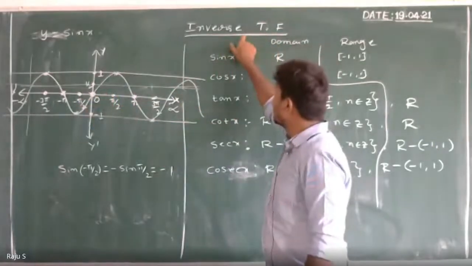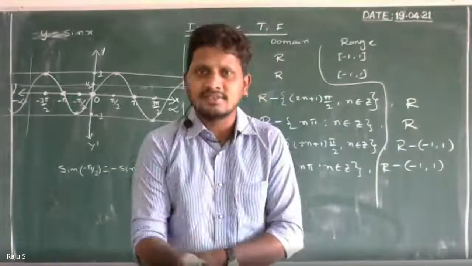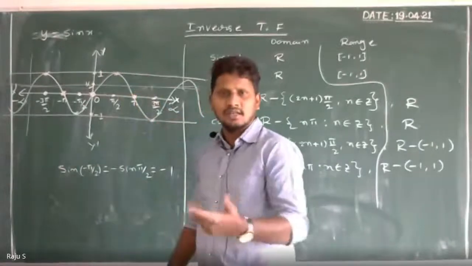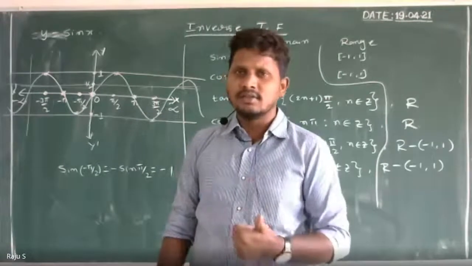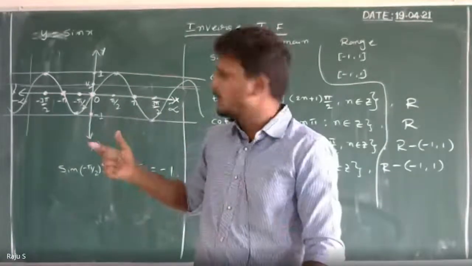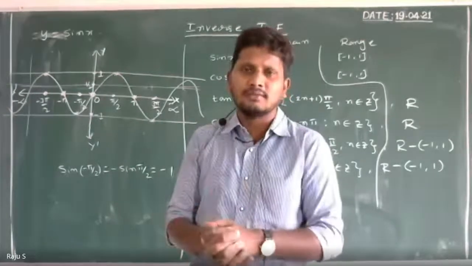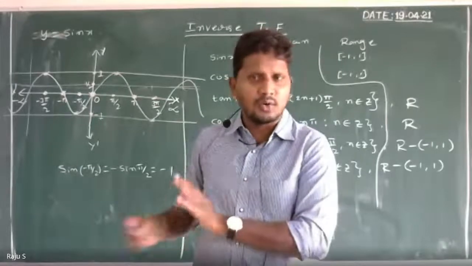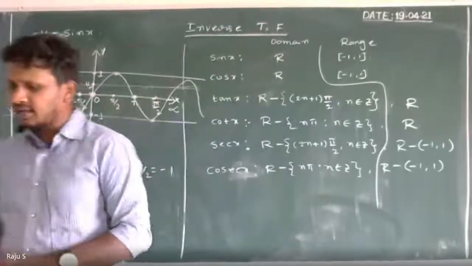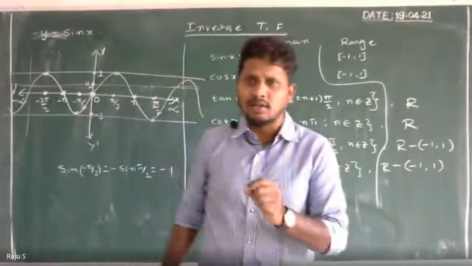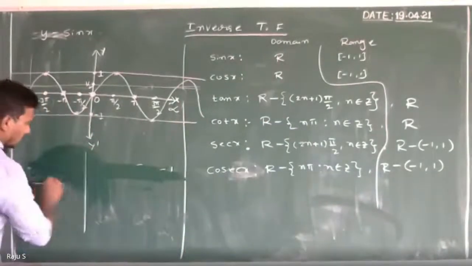Our topic is inverse trigonometric functions. We have to discuss inverse, nothing but inverse exists. But if you see that horizontal line, inverse does not exist. So what to do? What to do to make the inverse exist? You can make the given function 1-1 by restricting the domain. So how to restrict? For example,